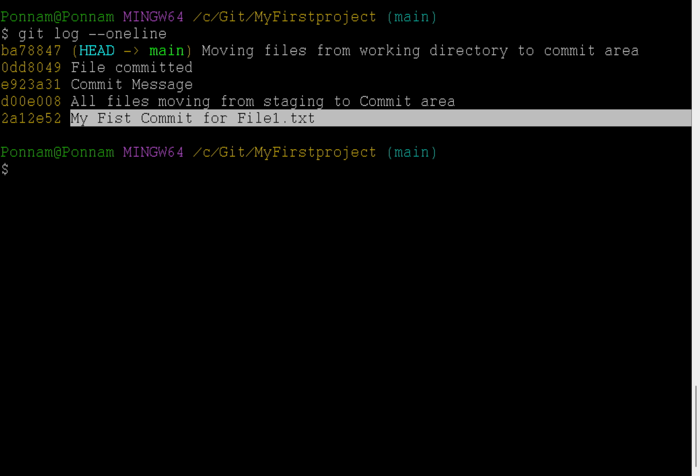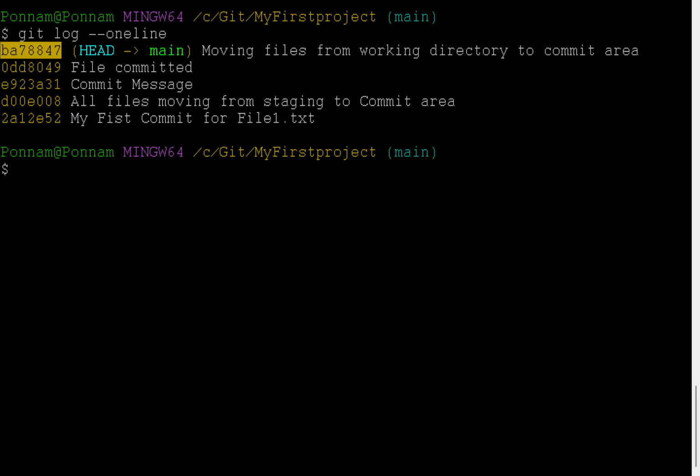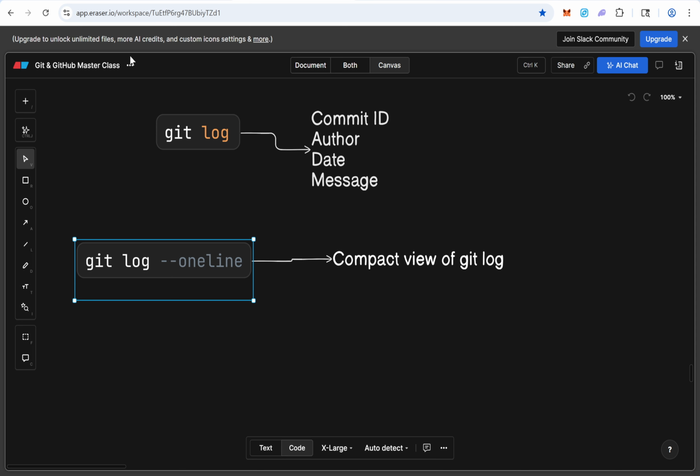And if you see the first one, the top one, this is the latest commit. And you can see head main, which means your repository is at this particular level, means we are at the latest level. There are no changes that have to be synced and all the things. Okay. Now there is another command,